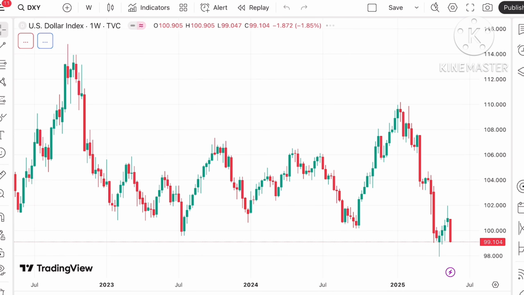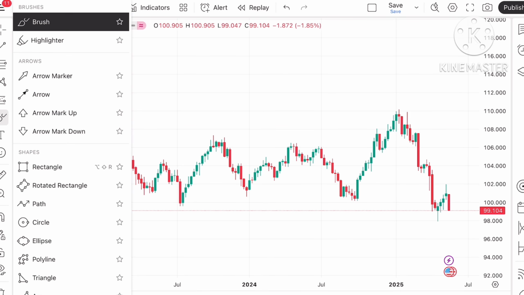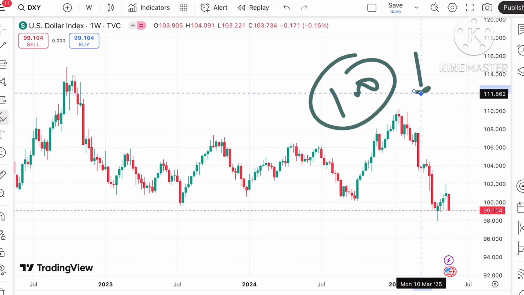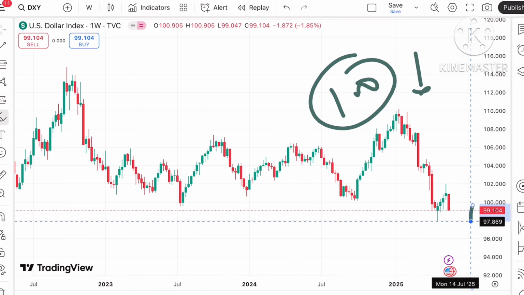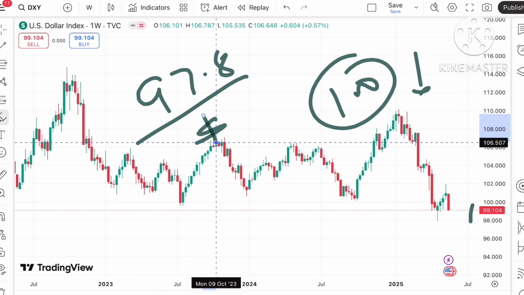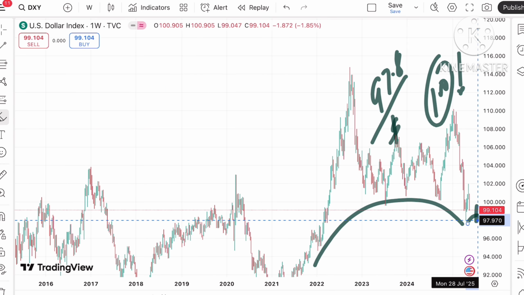See, if you look at the dollar index, it is below a level of $100, and I have clearly explained that if the dollar index started going below a level of 100, we can see a further fall, and now chances are very high it can move below a level of $97.8. Okay, because if you look at this trend, a clear inverted U pattern is forming,